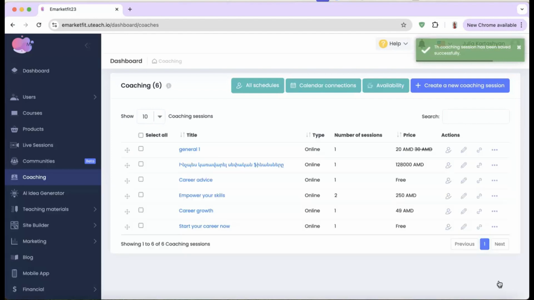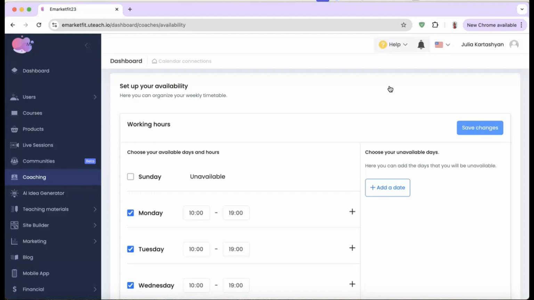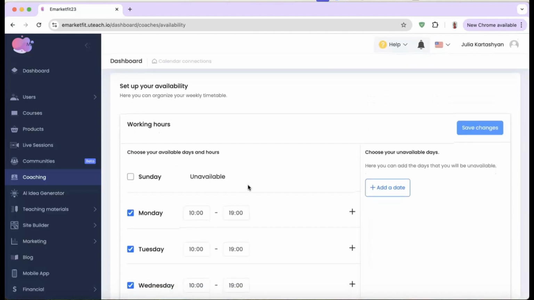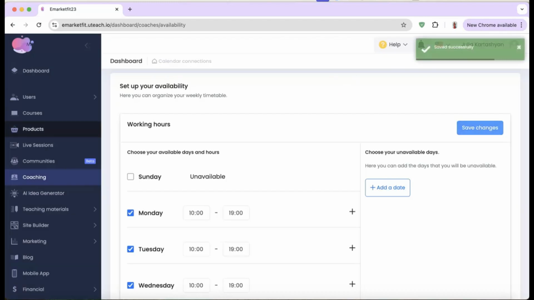But afterwards, we come and choose availability. With Uteach, you don't need any extra calendar integrations because you have your inbuilt calendar. Here you're just setting up your available days and the days that you're not going to be available. After you set everything, you click here, Save Changes, and for the last step,